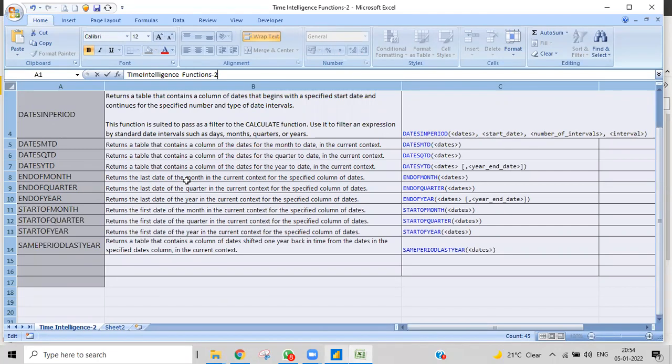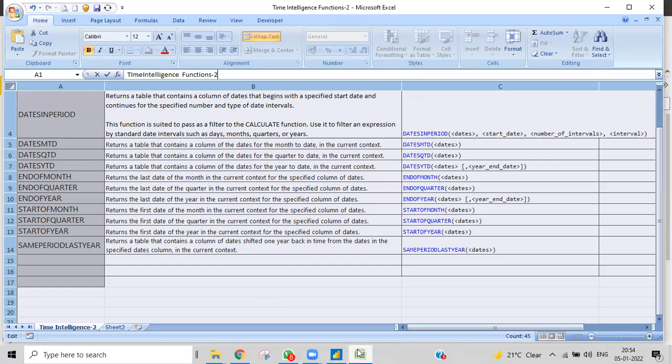Got the point? You can use it in measures for a single value, and at the same time for the current context, meaning you can use it within a table or something else, so that whatever the current context is, it will take that date as a scalar input and give output for that one. So for each and every row, it is taking only one scalar value as an input. So let me explain.